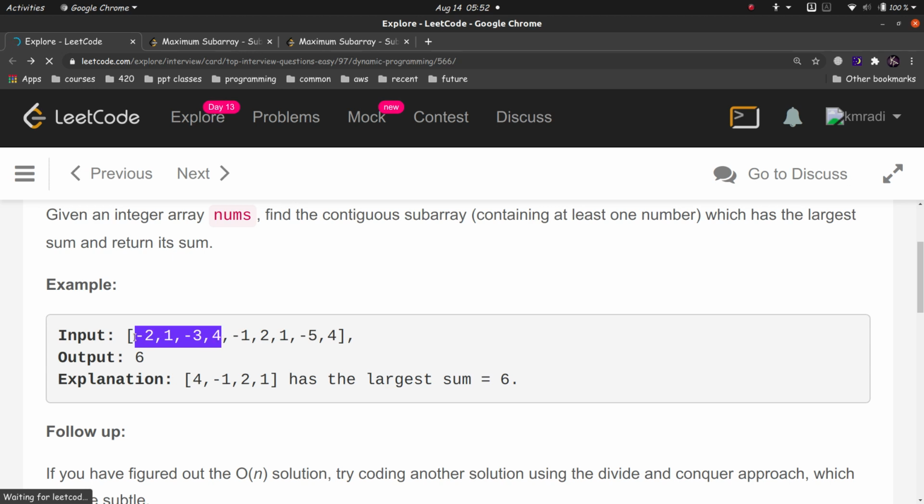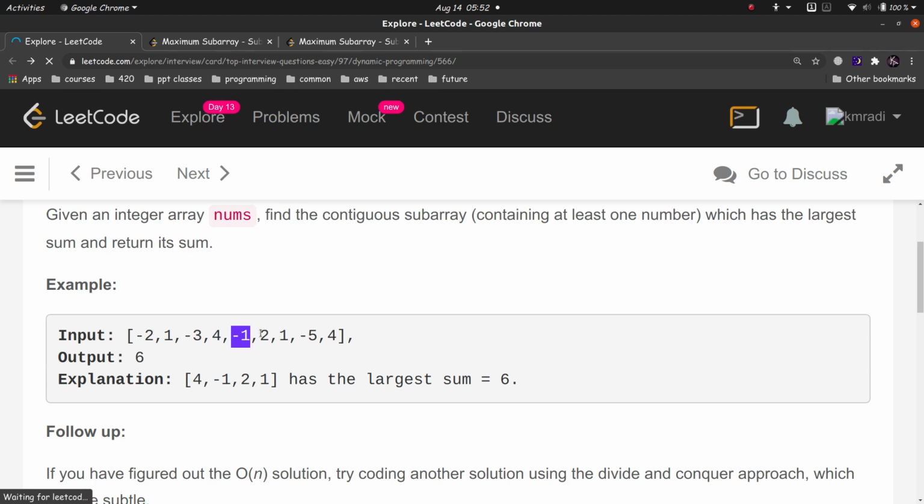Okay, so sum becomes 0, so there's no point of starting from here and ending at here or any other point, because if it is 0, then this part does not contribute to any value added to it.